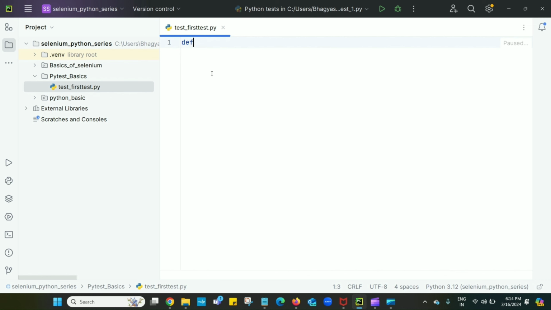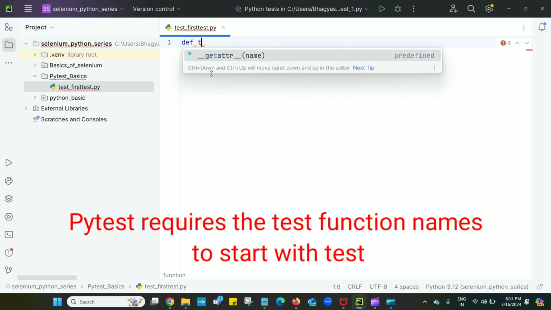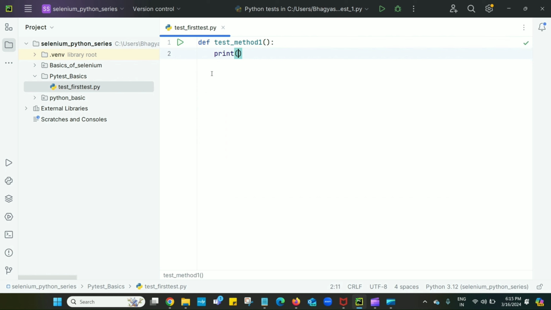Now I will define one method or function. For giving the name to the function or method, it should start with test. So you have to make sure that it starts with test. I will give the name test underscore method1, colon. Then I will simply print hi.